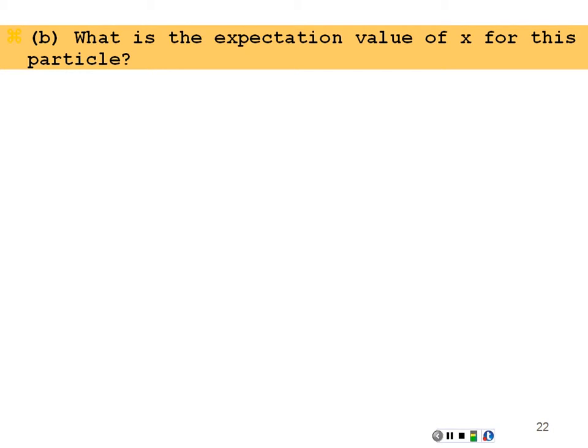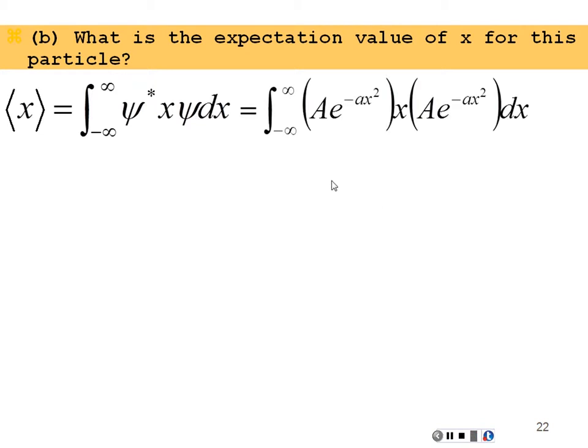What's the expectation value of x for this particular particle? Well, we now know the wave function. Our expectation value is going to be equal to the integral from negative infinity to infinity of the weighted average of this position. So we have our complex conjugate, x, wave function, dx. The complex conjugate is the same as the wave function itself. We could put our a in there since we know what it is now, but let's just leave it as a right now. So we have a squared, integral from negative infinity to infinity, x e to the negative 2a